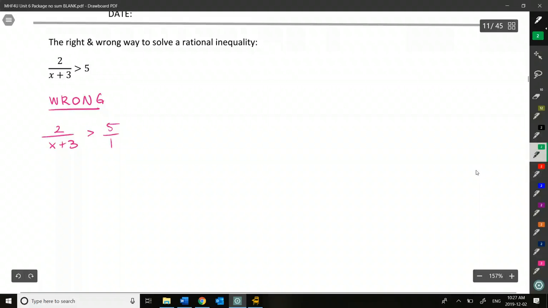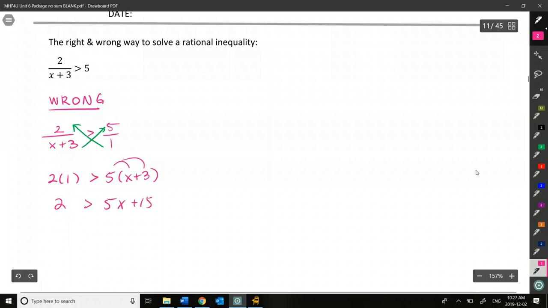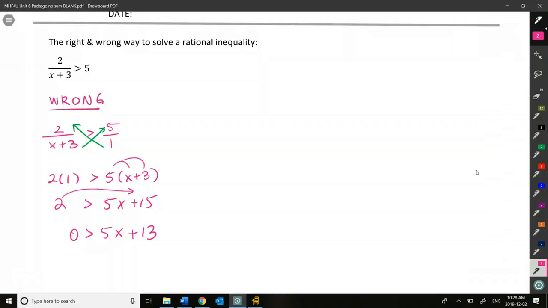So they think of the 5 as if it's 5 over 1, and then they do this. And they say 2 times 1 must be greater than 5 times x plus 3. And then they do this, and then try to solve something like this. They move the 2 over, and then they say, okay, so I'm solving for where 5x plus 13 is less than 0. We actually cannot do this, and part of the reason why we can't do this is because we